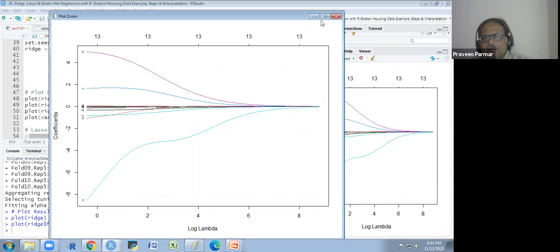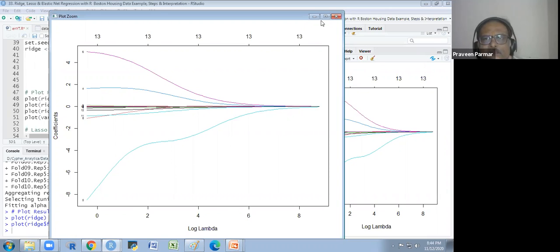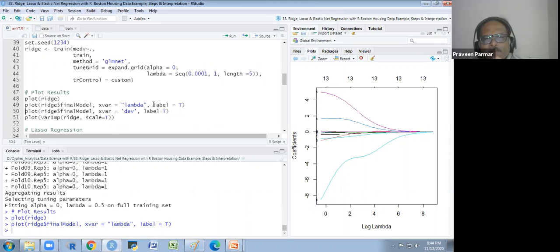Sir, that label we set to true, no? Suppose if it is false, then what will be the change in the graph? Instead of T, if we write F, what will be the changes in the graph? Which part will we not receive? Okay, just a moment. These are the labels.